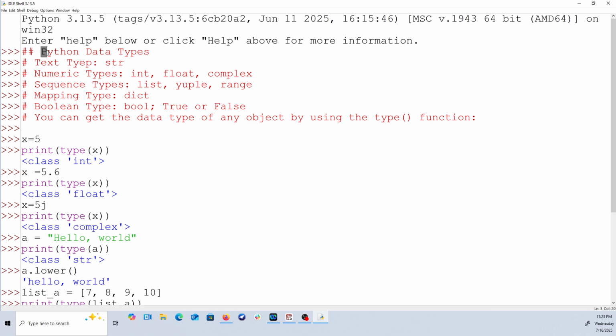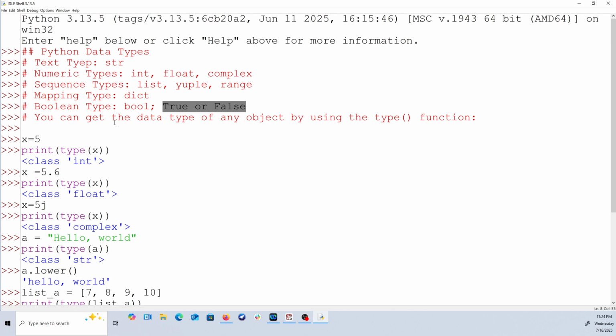And so the data types we will be seeing will be the text data type, which will be string. Another common type will be the numeric data type, which could be integers, float, which we know as real numbers, and the complex number data types. Then we have the sequential ones, which could be a list, a tuple, a range, and then the mapping data type, which is a dictionary. We could have a Boolean data type, which is always labeled bool,